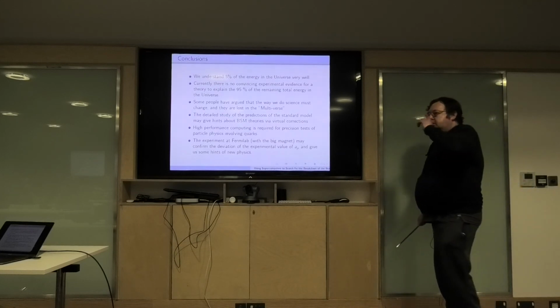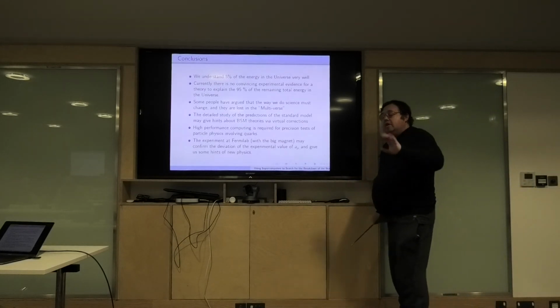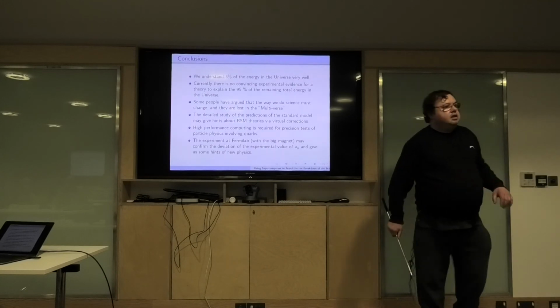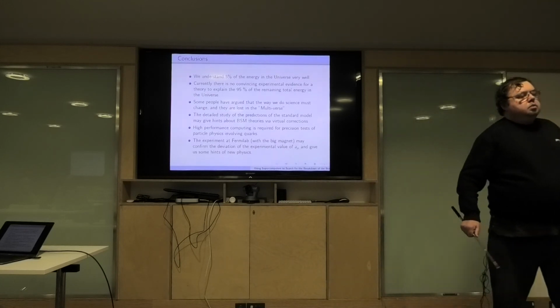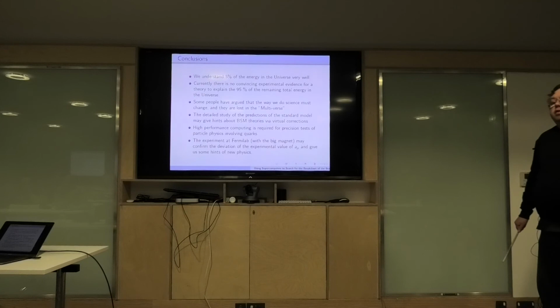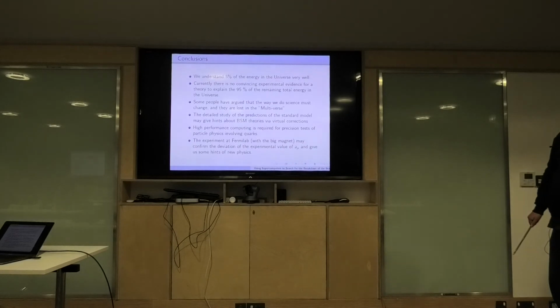So we understand 5% of the universe. When you retire, the head of the department says, when we hired Craig at the University of Plymouth, we understood 5% of the universe. He's retired because of his research. We now know 6% of the universe, and I'd be quite happy with that actually, and that's a lot better than a lot of other theorists. Okay, thank you for your attention.